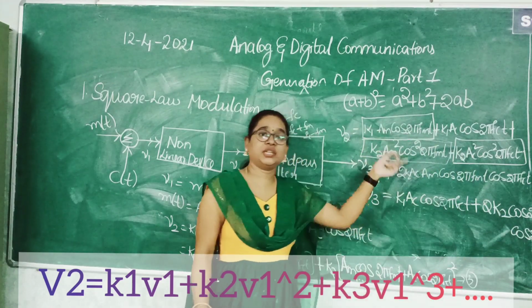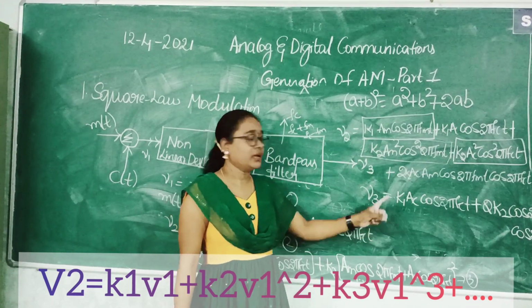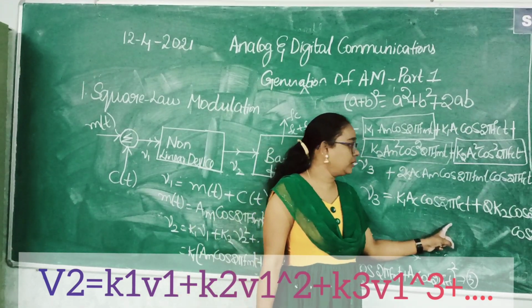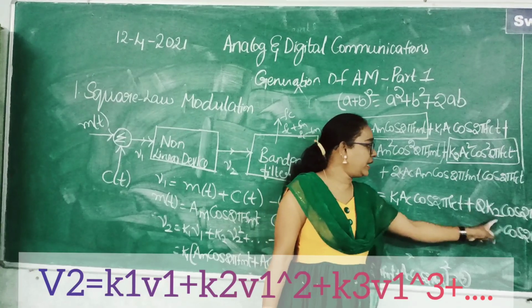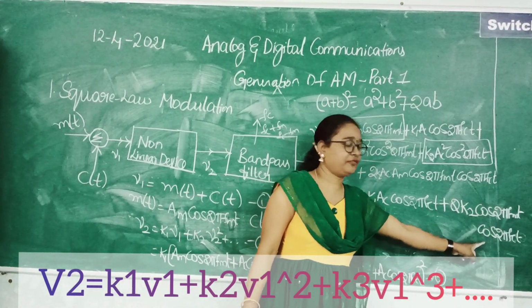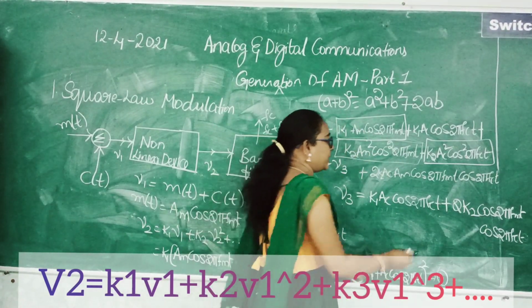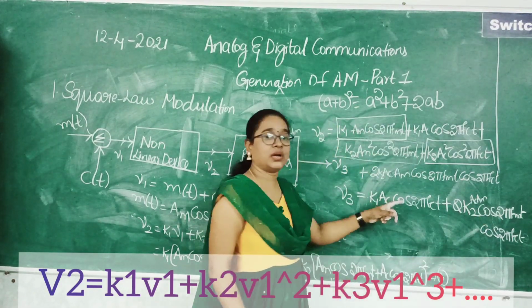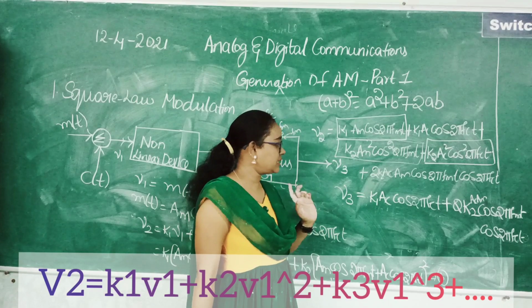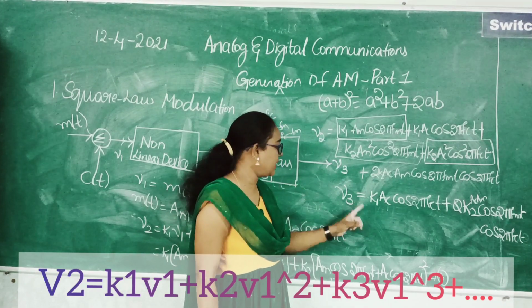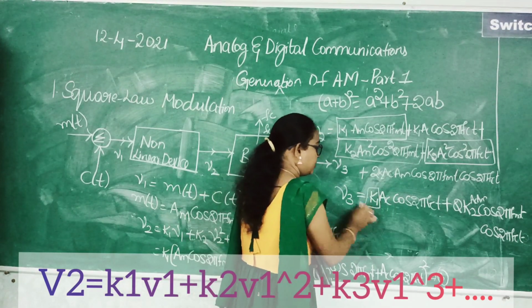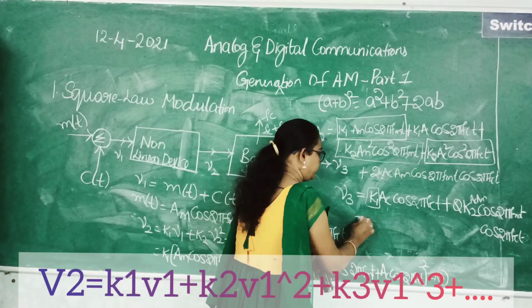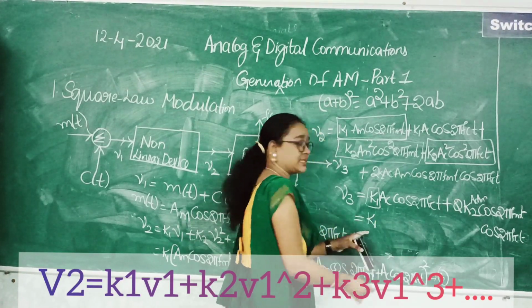What is our original AM signal? It is Ac cos 2 pi fc t plus ka Am cos 2 pi fm t into cos 2 pi fc t. Okay, so that is the original. Now compared to this, the extra term we have is K1. K1 is the extra parameter. So let's take K1 as the common.